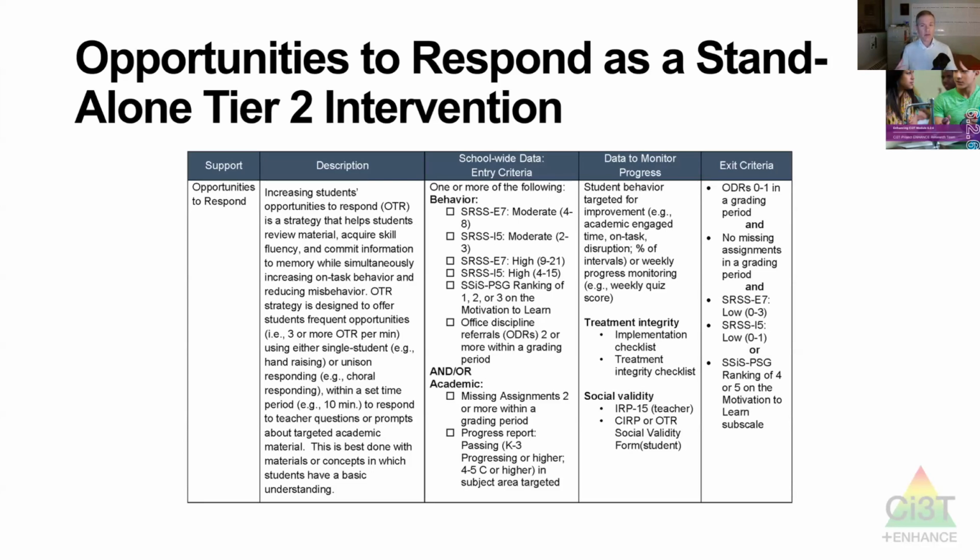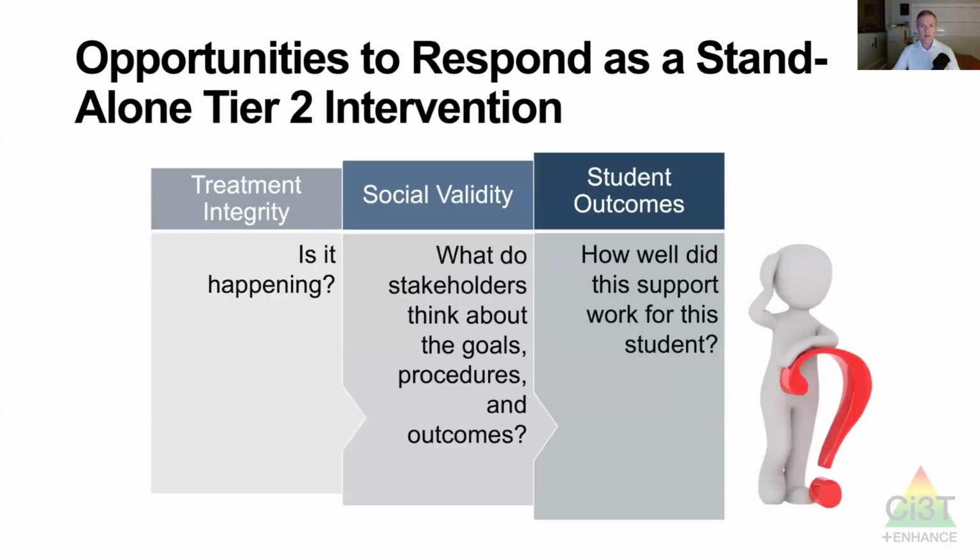As a tier 2 intervention, when you're really focusing on a couple students or a small group of students who really need extra opportunities to respond beyond the rest of the class, there might be a time where that's no longer needed. It's already part of your tier 1, everybody's getting it, you're focusing and intensifying it for these students, this small group, until they reach a certain point. Maybe they're no longer screening in at moderate or high risk on a behavior screener, and so it maybe will be sufficient if you fade that support back to the tier 1 levels. So that intervention grid is there and ready for you to use and incorporate into your implementation manual.